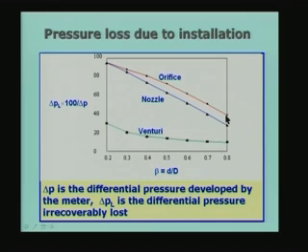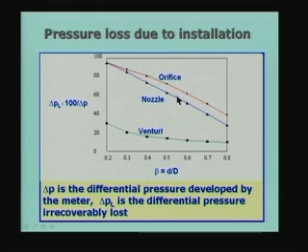pressure drop is irrecoverable. That means 40% of the pressure drop which occurred in the converging section is going to be irrecoverably lost. The nozzle is slightly better, but you see that the venturi is the best, because even in the worst case of beta equal to 0.2, only about 30% of the value is going to be lost, and as you go to higher values of beta, it asymptotically goes to some 5 to 10% value. Therefore, the reason why we have 3 different types of variable area devices is because the orifice is not very good from the point of view of pressure loss due to installation, the nozzle is slightly superior, but the venturi is of course the best.